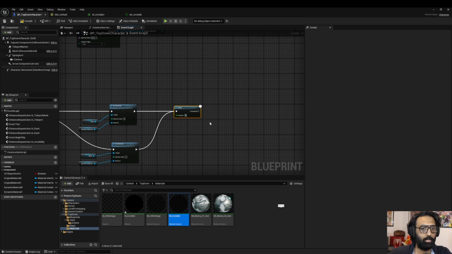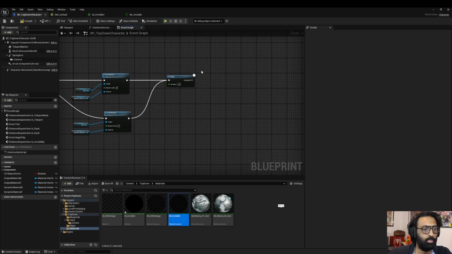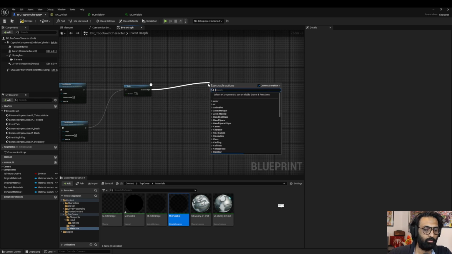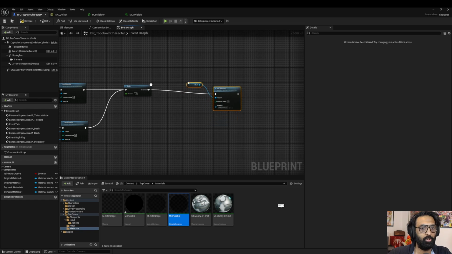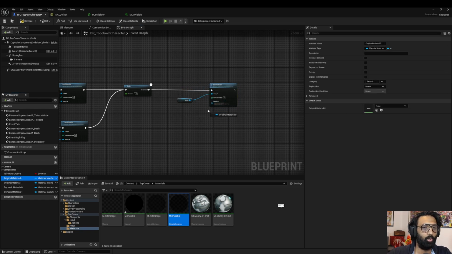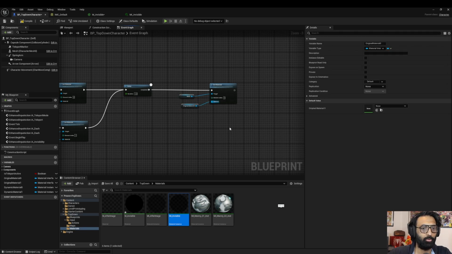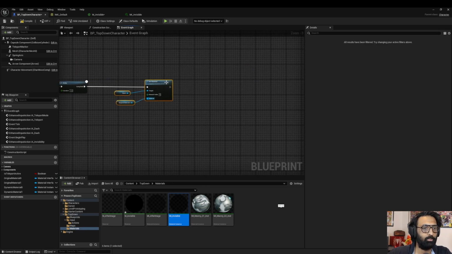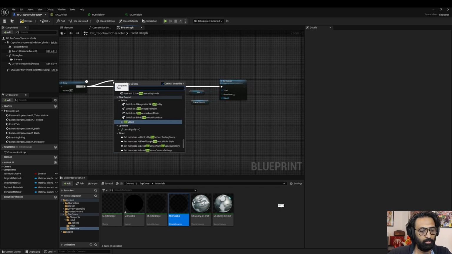I'm going to set it at 1 second, and after 1 second, when it is completed, we are going to set our material again, set our material using the mesh, and this time we are going to get our original material and attach it to our material option in the set material node. Repeat the same process by using a sequence in between